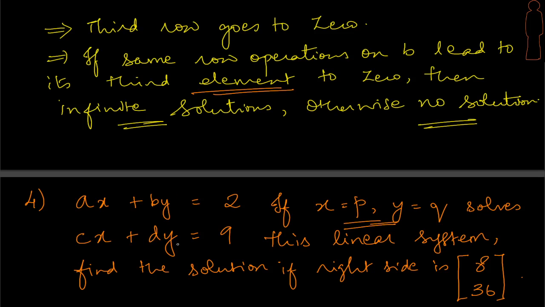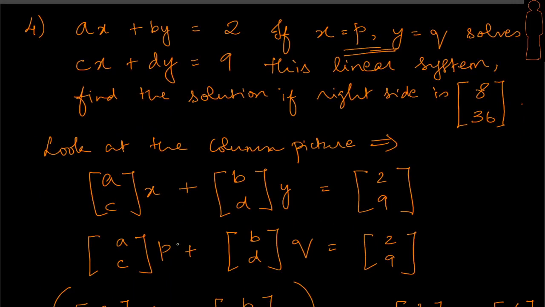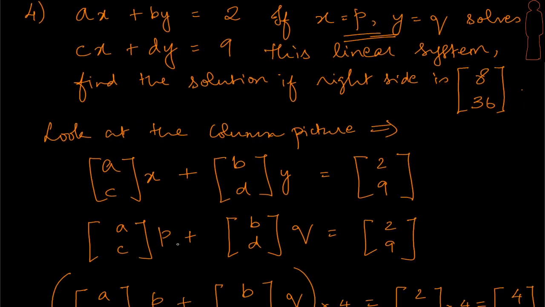Should we talk about the row picture, or should we talk about the column picture? Which is going to help us here? That is the important crux. So think about it, and let's move forward to the solution. The easier way is to look at the column picture, and if we write it in columns,